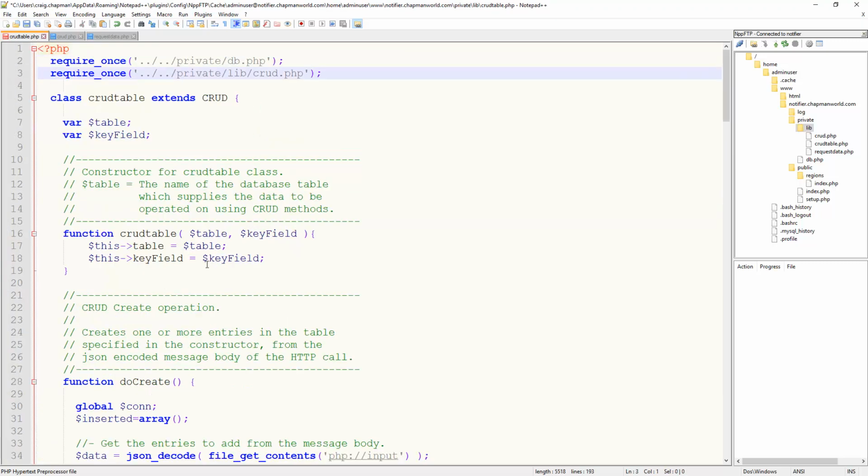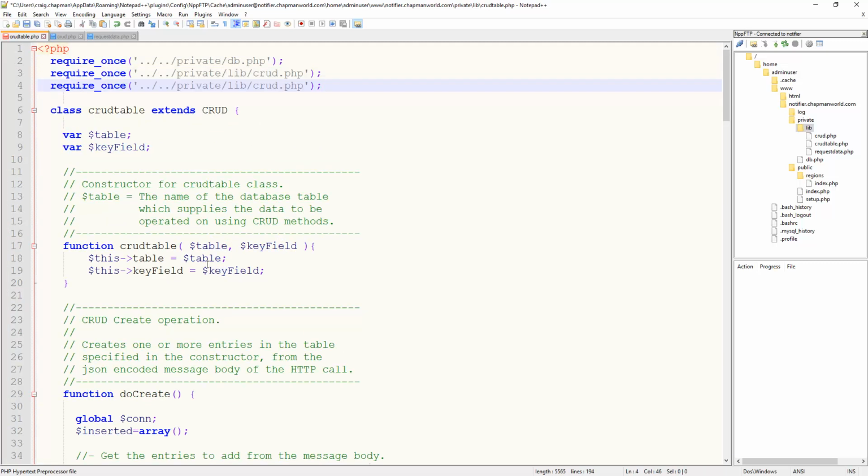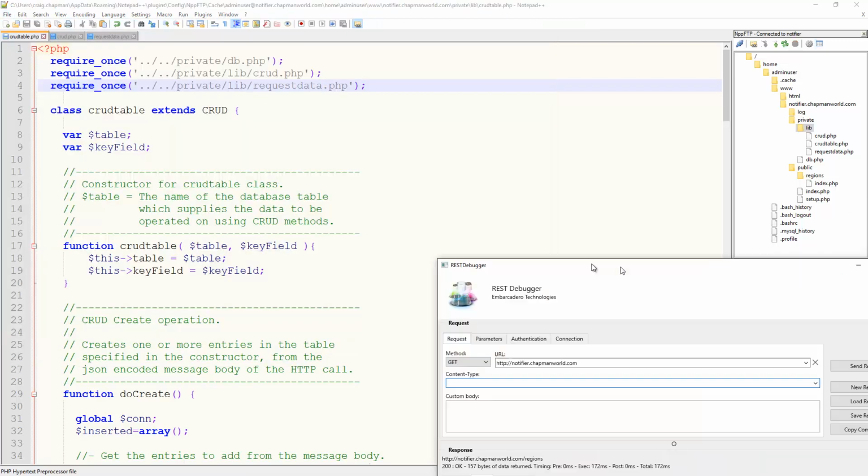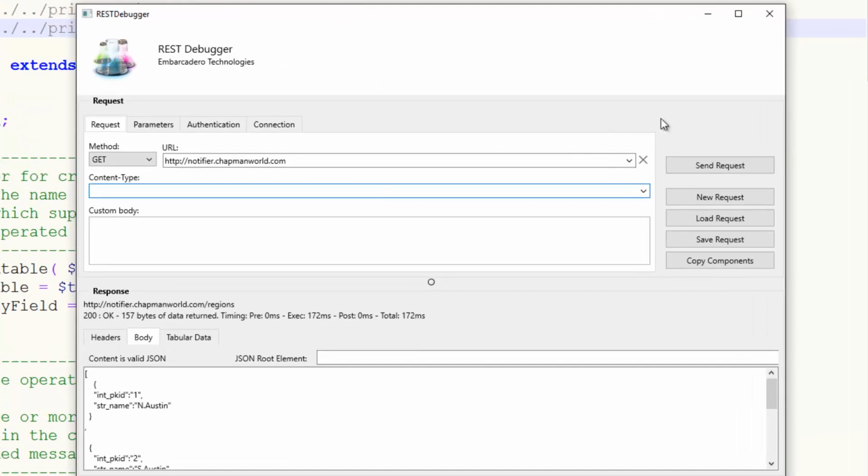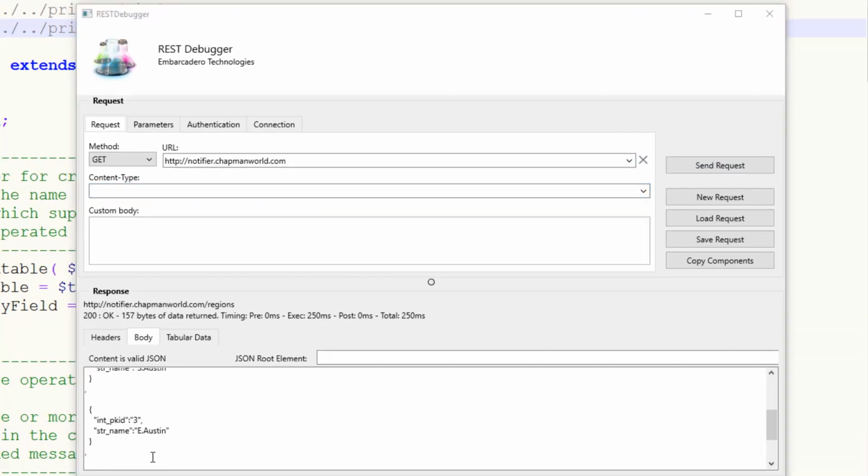And in order to do that, we're going to need the file that we just created, which has our method request data to be included. So that shouldn't have made any changes to our endpoint. I'm going to go ahead and click send request to get our data, and then let's delete entry number 5,